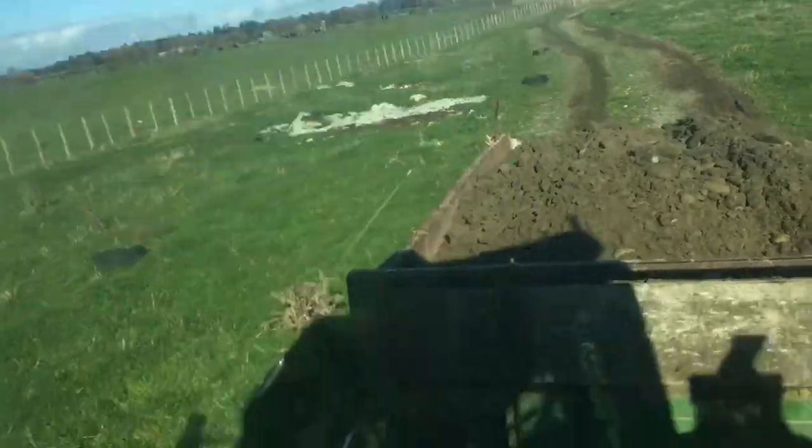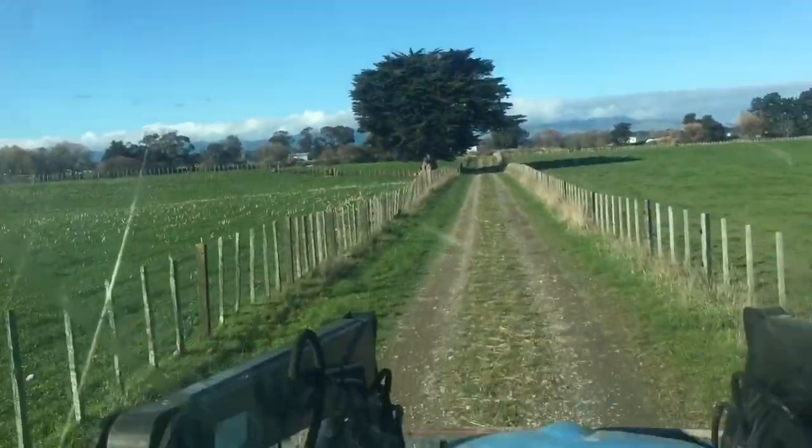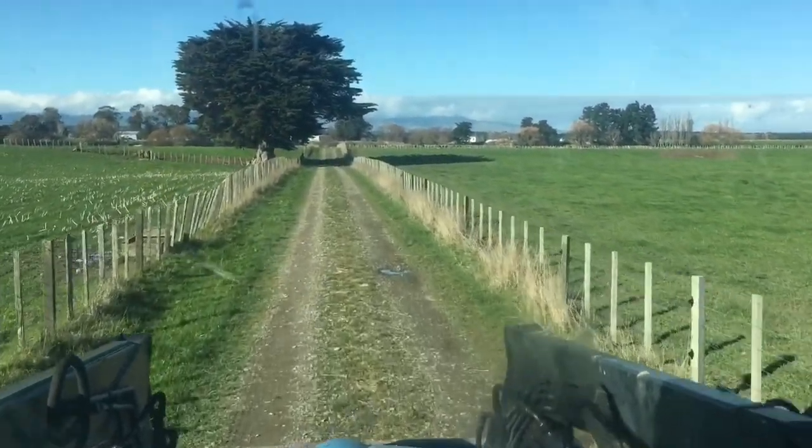That's pretty good. Now, you may or may not have noticed we're pulling it with a quick hitch, so a hitch that goes on a 3-point linkage. I'm really not a fan of them, but it is saving me quite a bit of time. It's making loading and unloading this trailer a little bit easier. The reason I'm not a big fan of quick hitches is when you mount a trailer on the 3-point linkage,